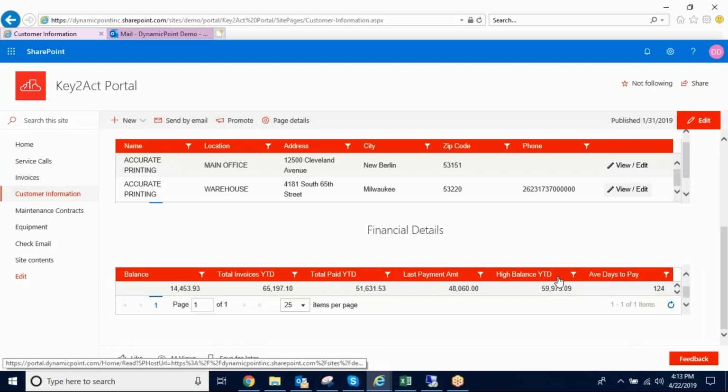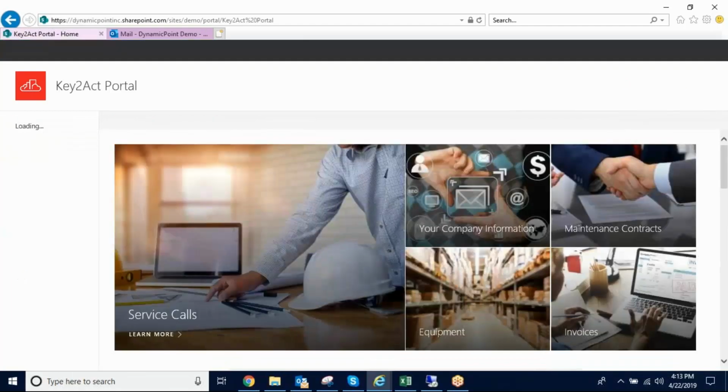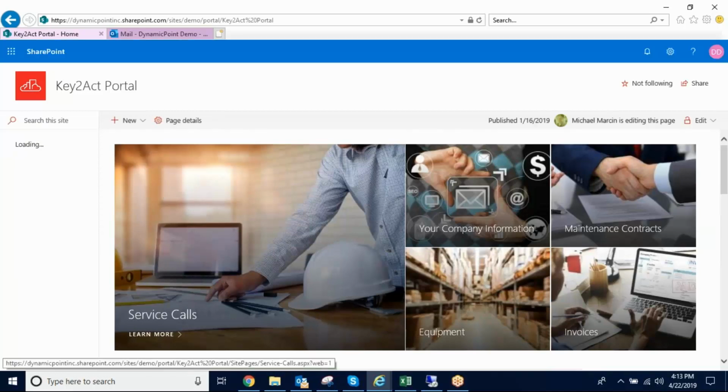It is presented to you guys in the Key2Act or Winsoft screens. You have the ability to discern what fields of information you want to present. So maybe you don't want to share with them what the average days to pay is, or you certainly can to keep them informed in terms of their status with you. So I wanted to bounce here first because that highlights exactly who we're logged in as. Our application has a portal synchronization service that ensures the logged in user is associated to one unique customer account within your organization.